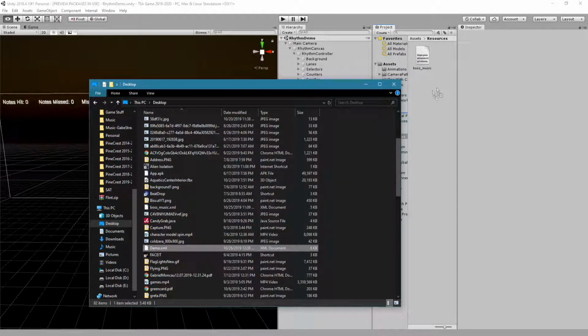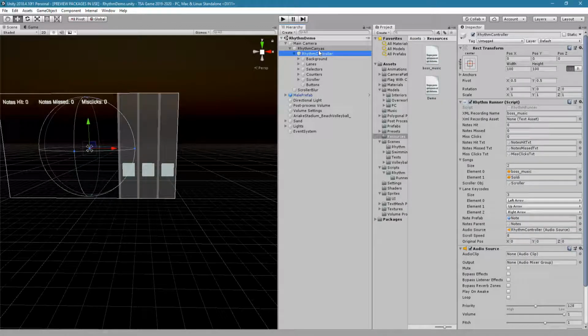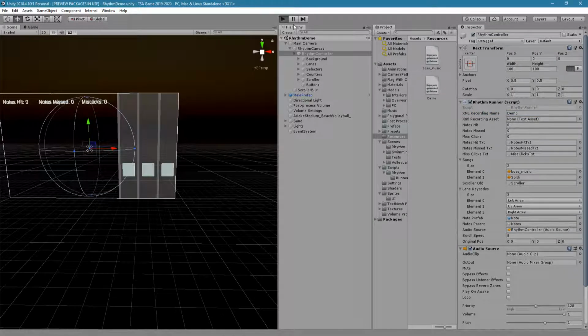So if we take this demo.xml and plop it into our resources folder, now it's here right next to the previous one that I'd made. And I can go ahead and tell it to look for the demo XML instead of the boss music XML. Now what it's going to do when we go ahead and hit play